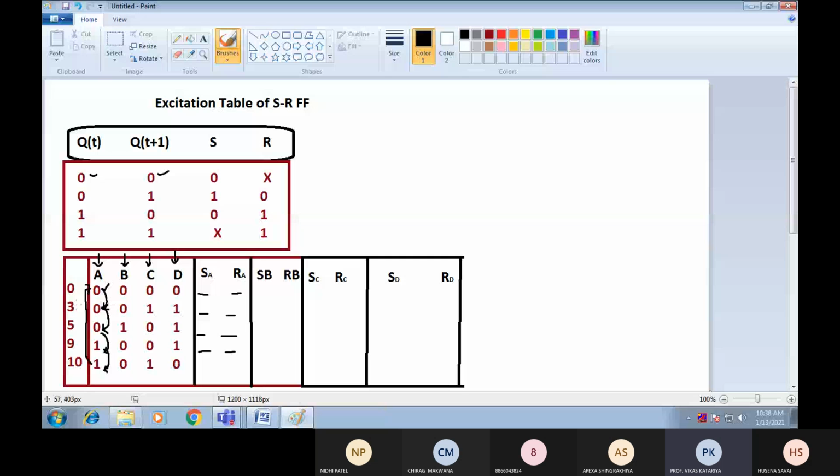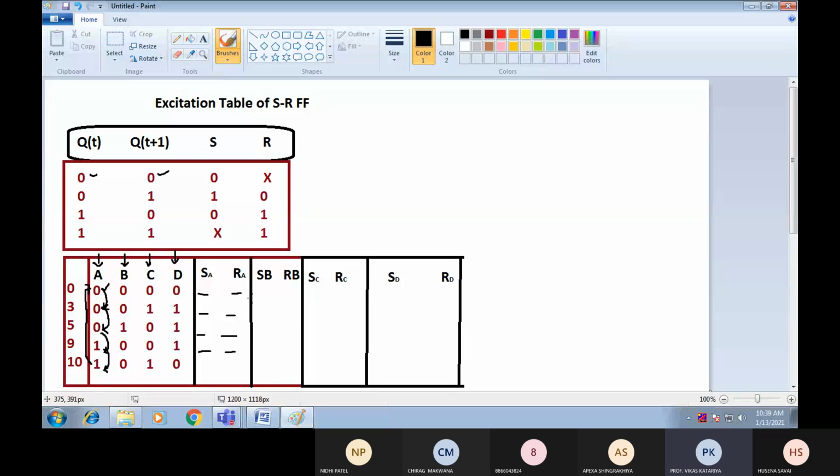फिर से मैं रिपीट कर देता हूँ। हमें ए इनपुट के लिए एस आर फ्लिप फ्लॉप की वैल्यू को अरेंज करना है, प्रॉपर उसको डिजाइन करना है कि यहाँ पे इनपुट्स क्या आने वाले हैं। तो इनपुट्स को पता करने के लिए हमें एक्साइटेशन टेबल की हेल्प, एक्साइटेशन में हमारे पास प्रेजेंट स्टेट तो नेक्स्ट स्टेट गिवन है। यदि प्रेजेंट स्टेट जीरो है, नेक्स्ट स्टेट जीरो है, so we can find easily the value of S is zero and the value of R would be cross। बट यदि हमें प्रेजेंट स्टेट और नेक्स्ट स्टेट ही पता करना नहीं आया तो हम उसके इनपुट्स पता नहीं कर सकते। तो ए फ्लिप फ्लॉप के जो इनपुट्स है उसमें पहली वैल्यू होगी प्रेजेंट स्टेट एंड द सेकेंड वैल्यू बिकम द नेक्स्ट स्टेट, राइट।